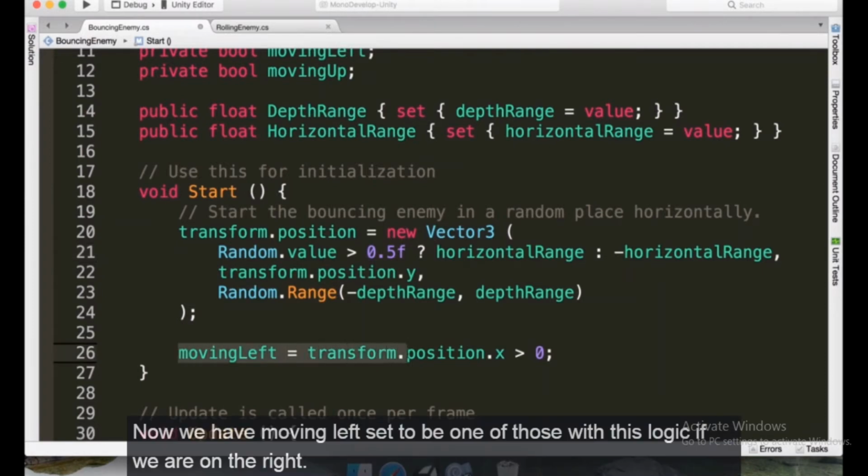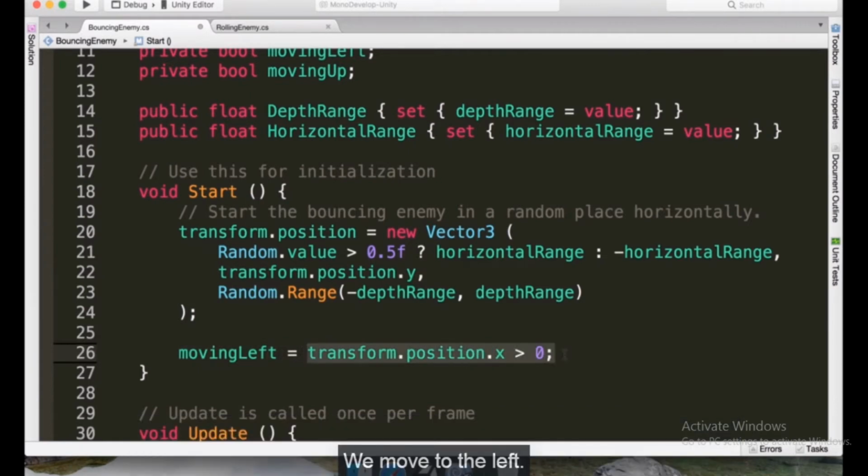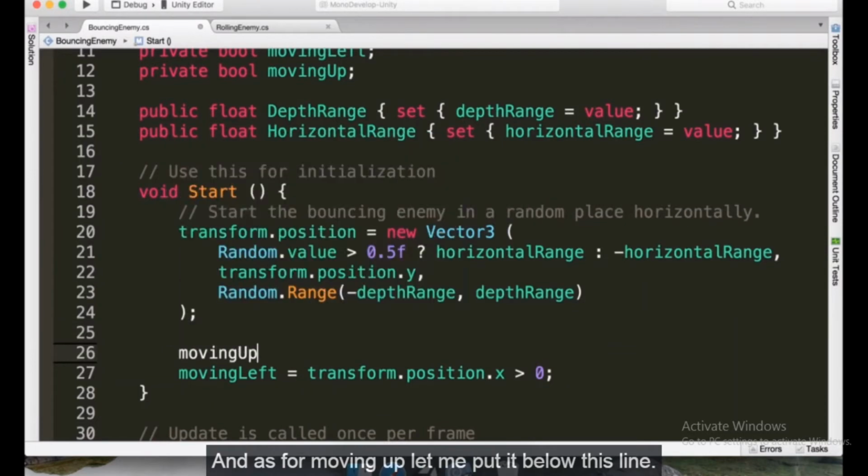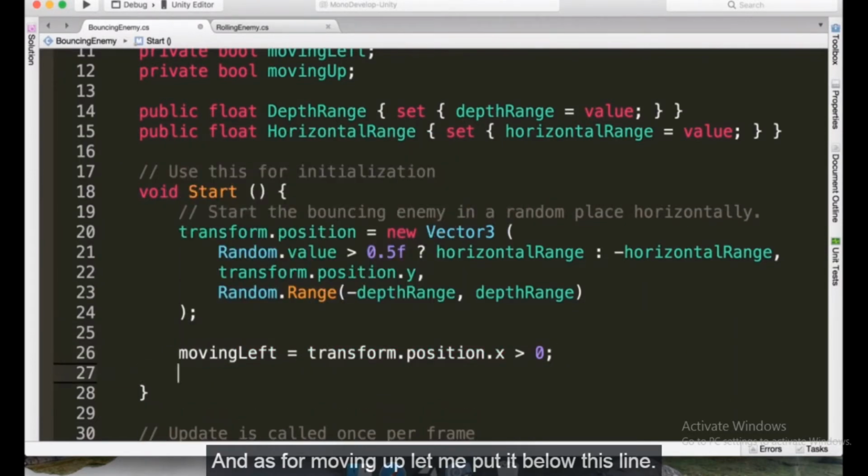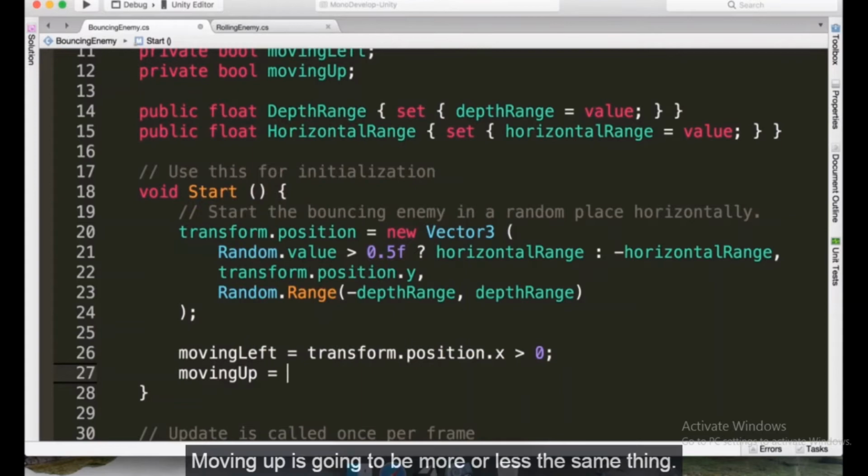Now, we have moving left set to be one of those, with this logic, if we are on the right, we move to the left. If we are on the left, we move to the right. And as for moving up, let me put it below this line. Moving up is going to be more or less the same thing, but we're going to compare what we have in the z-axis. So